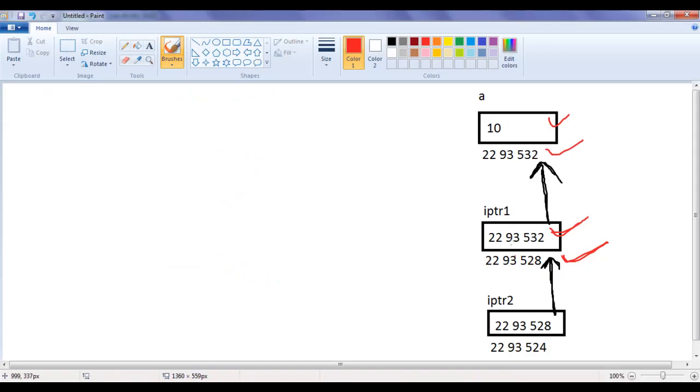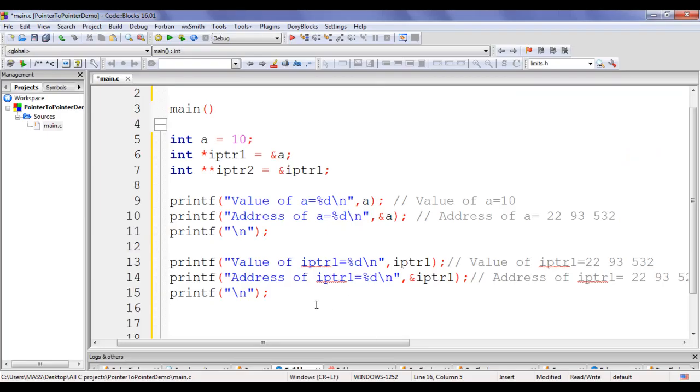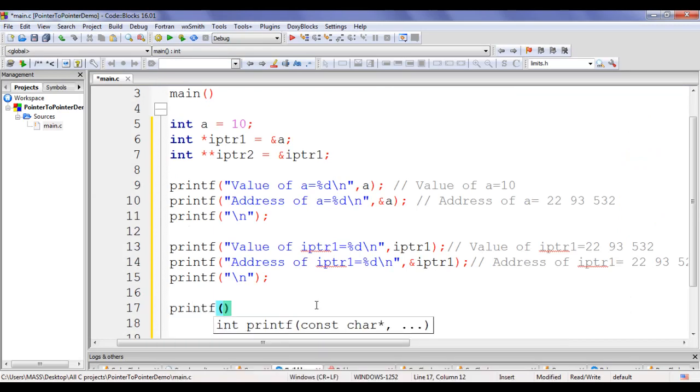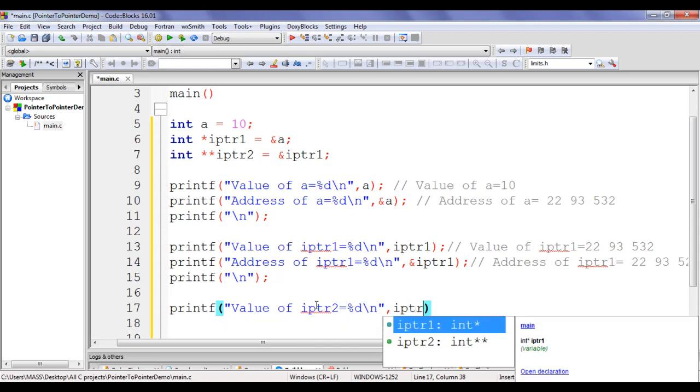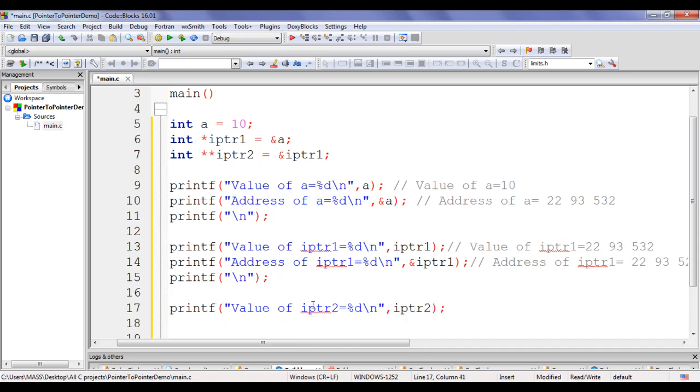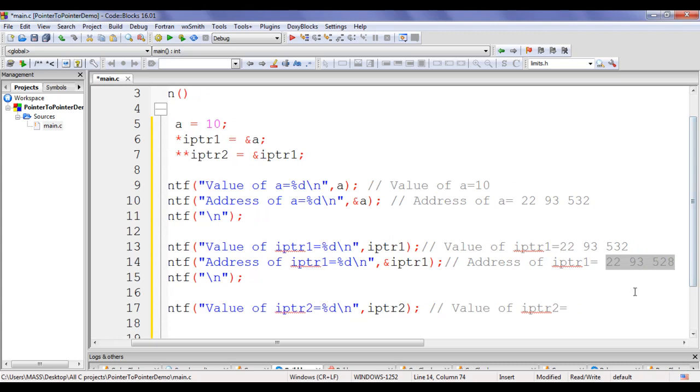We can display value of iptr2 as well as address of iptr2 using printf statements. I say here printf in double quotations, I say value of iptr2 is equal to %d \n comma iptr2 semicolon. What output we get here? Value of iptr2 is equal to, you can see iptr2 has address of iptr1 and address of iptr1 is 2293528.